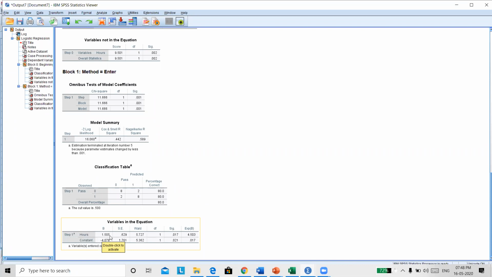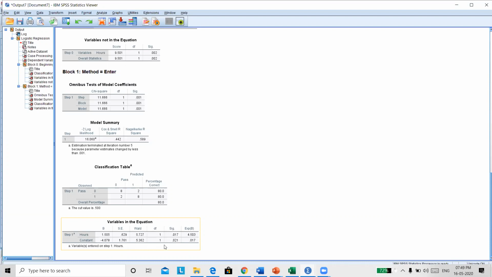All right. Yes, sir. Now you have the corresponding standard error. Standard error is nothing but the standard deviation. This is the Wald test result, don't worry about that. Directly go to your significance.